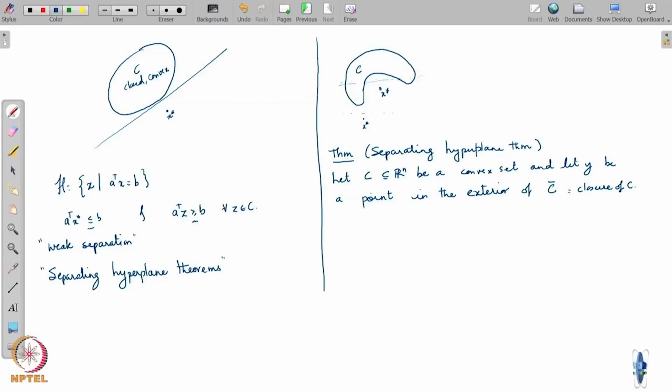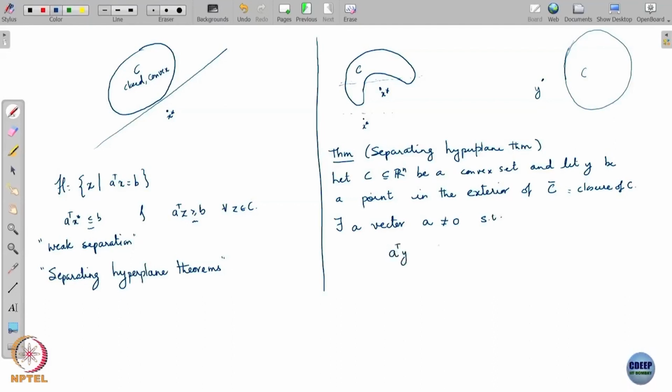So, I am allowing the set to be not closed, but let us take the closure of the set and then consider a point Y that lies outside it. Right. So, here you have a set C which is probably not closed, but then you take its closure, the closure is also a convex set, and then you take a point Y that lies outside the closure. Okay. Then the claim is there exists a vector A not equal to 0 such that